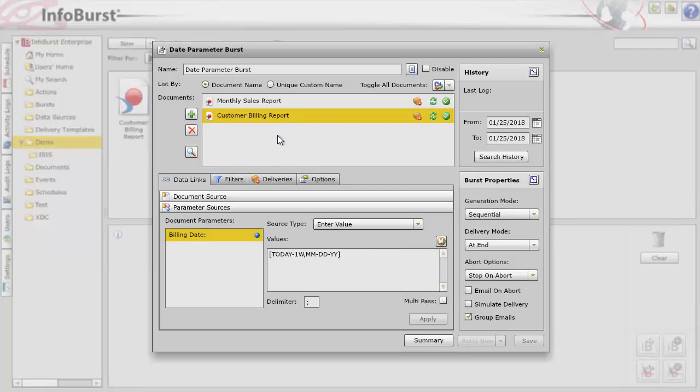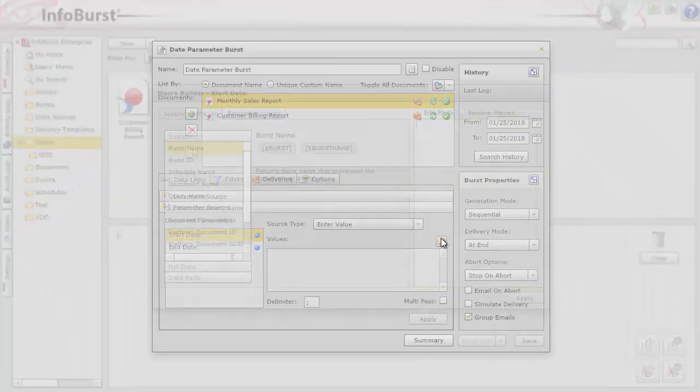Now, in our second example, our monthly sales report, this report has 2 date prompts or parameters, start date and end date. And what we'd like to do with this burst is schedule it to run monthly, where the report is run for the previous month, so the start date of the previous month and the end date of the previous month. So again, into our macro builder,